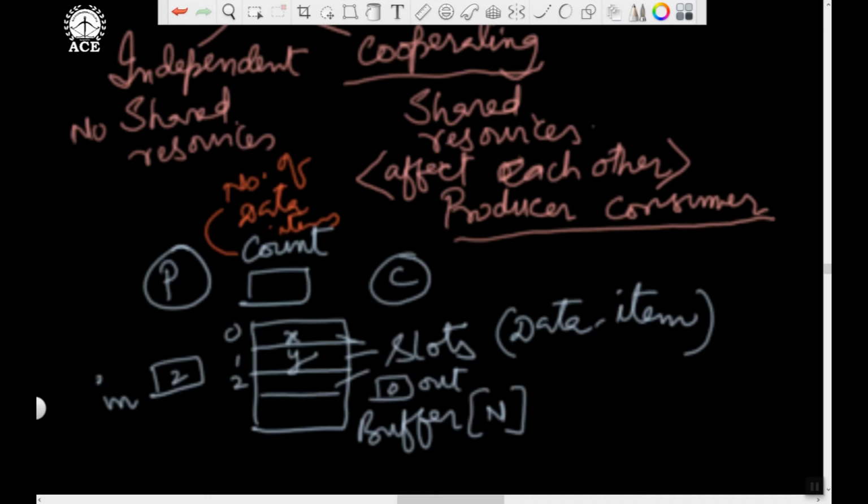So this is the meaning of cooperating processes. Producer and consumer are cooperating with each other. Unless and until the producer places the data item, the consumer cannot consume. Unless and until the consumer consumes a data item, the producer cannot produce and place an item, because this is a circular buffer. After placing the item in the last slot, we go back and try to fill up. It's a continuous, infinite process. They run infinitely, doing the cycle of production and consumption. That way, producer gets affected by consumer and consumer gets affected by producer. Therefore, they are called cooperating processes.